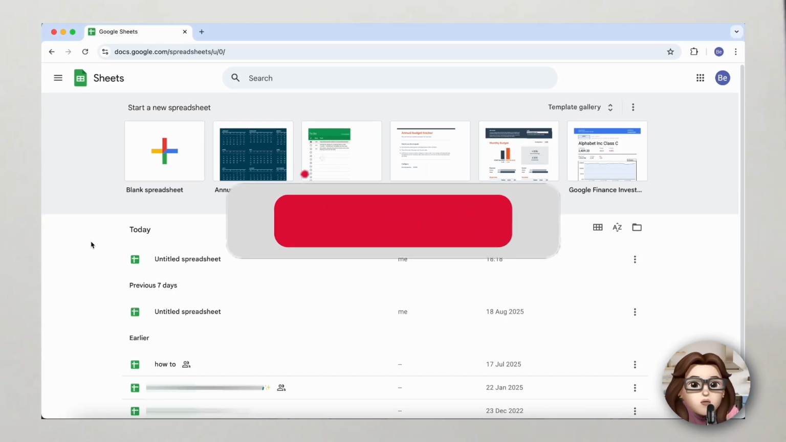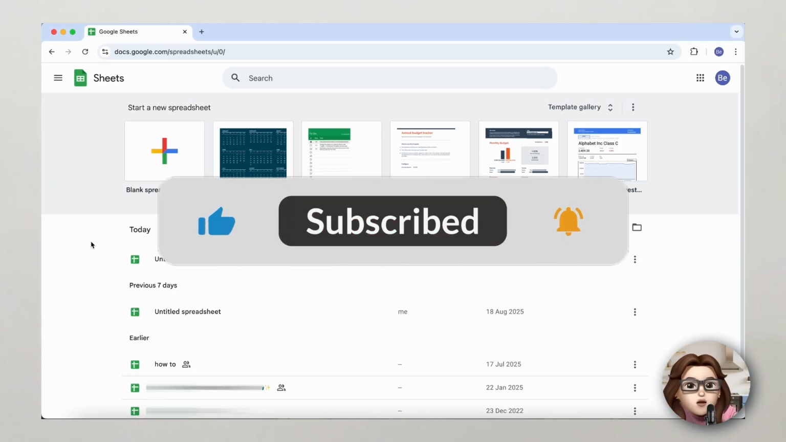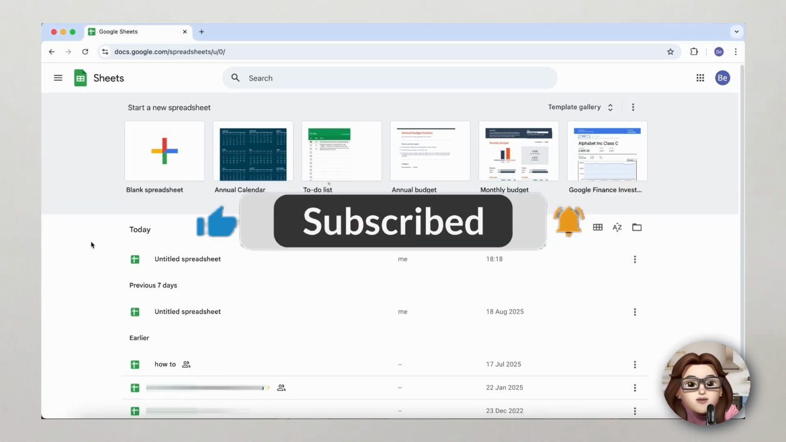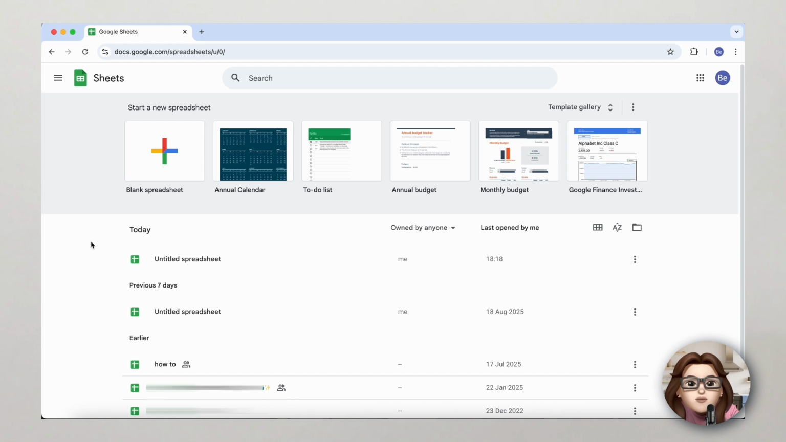In today's video, I'll show you how to apply custom conditional formatting in Google Sheets. This is a super powerful tool that makes your data easier to read, spot patterns instantly, and even manage to-do